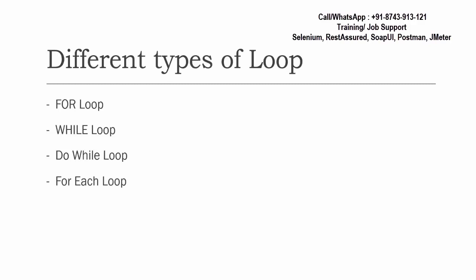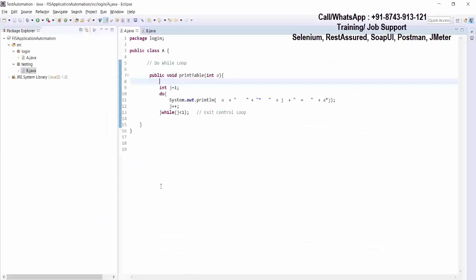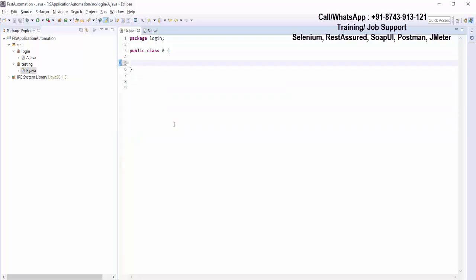First of all, I'm just moving to Eclipse, and here in class A, I'm going to create a method. So public void, and I'm creating a method like getData. You can give any name. Now here I want to create an array. Normally if you write a variable, it is like this. A variable is used to hold exactly one data. But if you want, you can define an array. An array can hold multiple data.